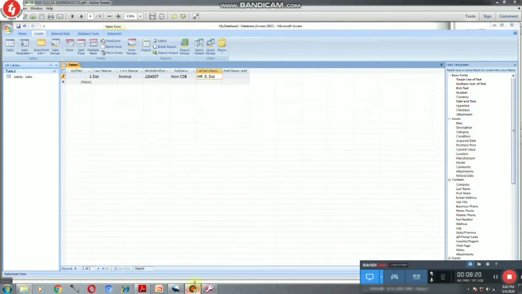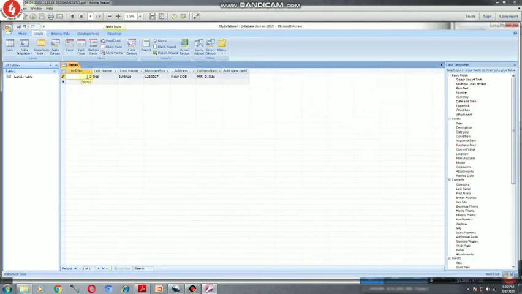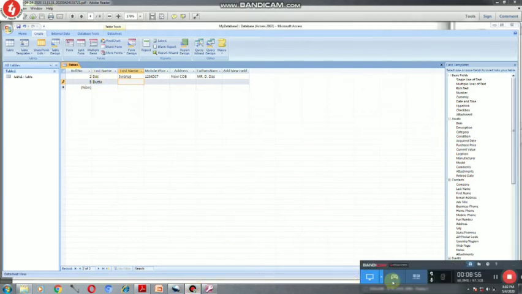Now you can see that you can add values only for last name, first name, mobile number, address, father's name, but you cannot add anything for roll number. If you even try to add some value for roll number, you cannot add. It will show you some message. But if you continue, if you type the next record, say Dutta, automatically you will get the next sequence number. So this is how you can insert record in datasheet view also.